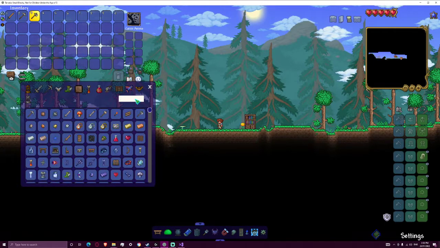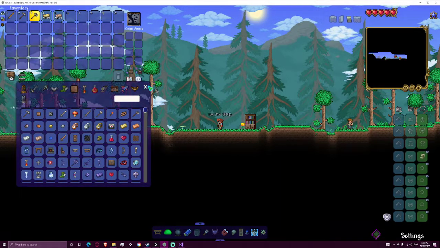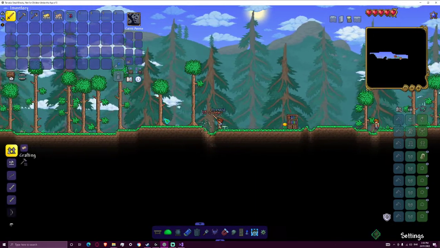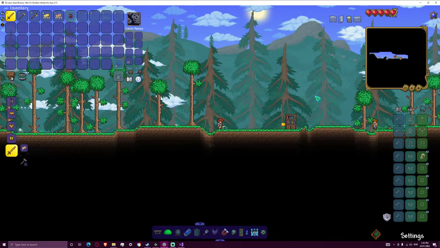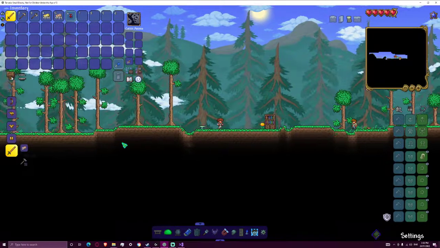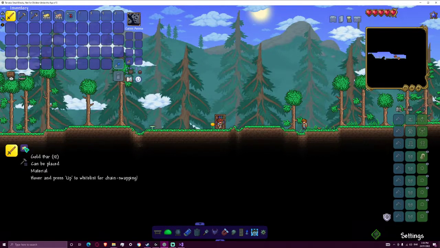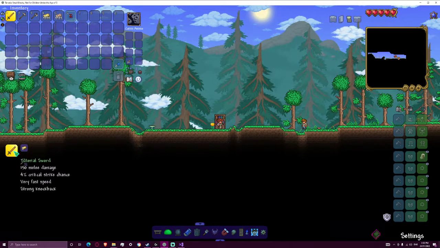Let's just chuck max stacks of each. So if I was to go over here, I can make the tutorial sword with 12 iron bars. By the way, they do work when you just put anvils in. And 12 gold bars for the tutorial sword,